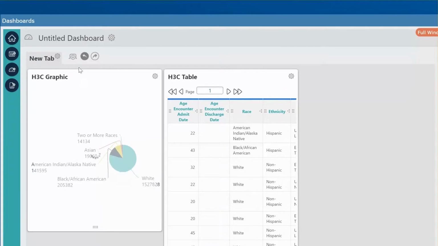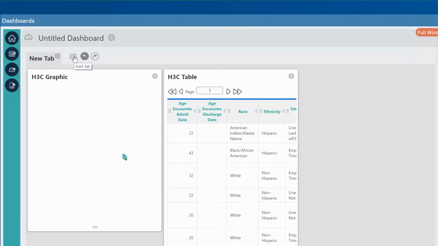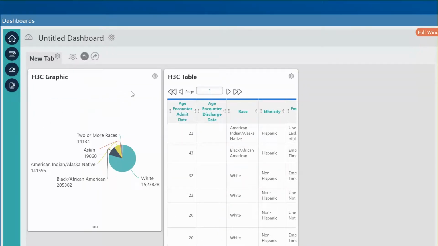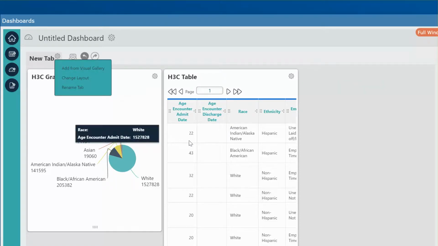I also have the ability to add multiple tabs. So I've seen this used where I want to maybe have the same data but apply different filters to it, whether that's a date range, time range, cost range, or value. So I can easily click through and compare. The report,